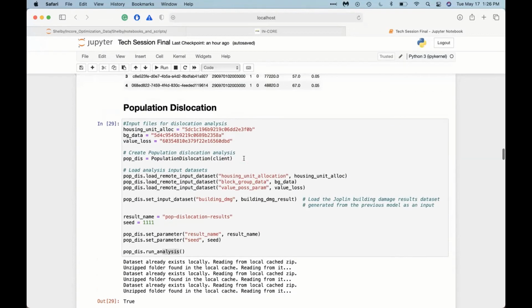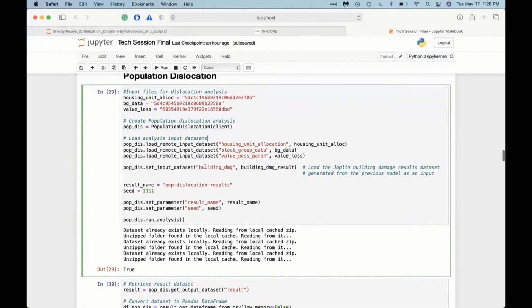So the first one being population dislocation. We used the InCore population dislocation client to do this. It requires 3 input files: housing unit allocation, block group data, and value loss parameter. Again, using everything that's already available on InCore, though I have to say that housing unit allocation is usually not available for most testbeds, and people have to do the housing unit allocation analysis. The client is there on InCore, and you need to do the allocation analysis and get your own allocation file